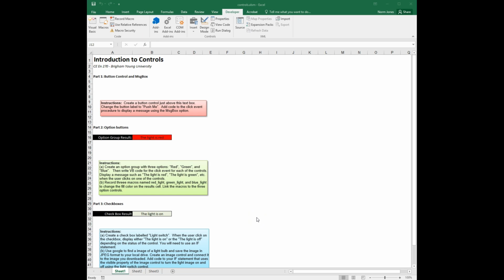Okay, in this exercise we are going to do part one of the Introduction to Controls workbook, and this involves creating a simple command button control and then linking it to the message box. So we're going to start out by going to the Developer tab, and we're going in the middle part of